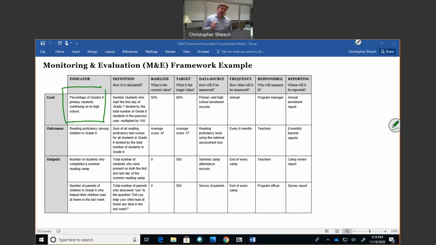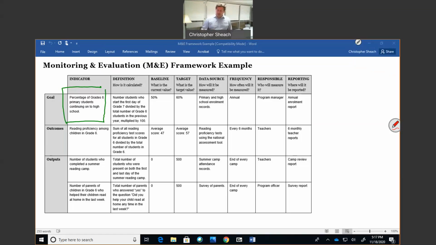The definition really answers the question, how is it calculated? So I can think of many ways that we would calculate this. They are specifically saying it is the number of students who start the first day of grade 7 divided by the total number of grade 6 students in the previous year multiplied by 100. So you have your grade 6 completion rate as your baseline, and the numerator in this case is the grade 7